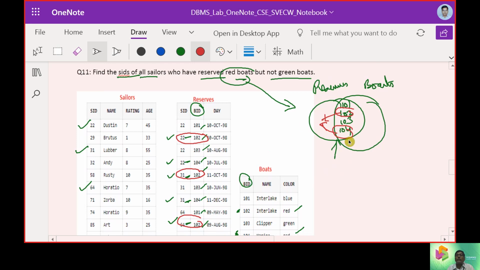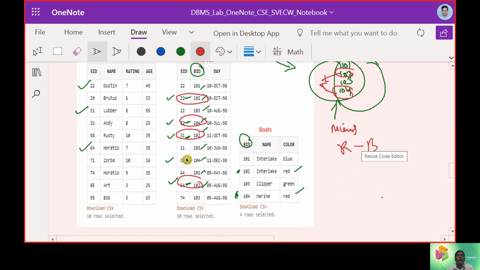Similarly, when it is looking at 104, then it is again pointing to sailor number 22 and sailor number 31.